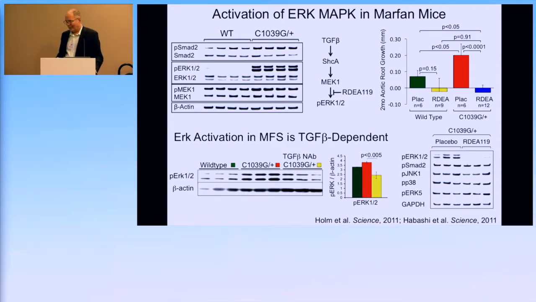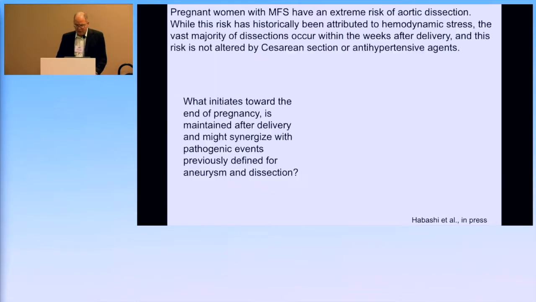So we had a new landmark. ERK is bad. And our question was, could we use this information to address underserved or particularly vulnerable patient groups? One such group is women with Marfan syndrome who choose to become pregnant. As we've talked about, there is a high risk of aortic dissection in patients with Marfan syndrome and large aortic roots. This risk, as was mentioned by Jasmine earlier today, has historically been attributed to hemodynamic stress, but it seemed